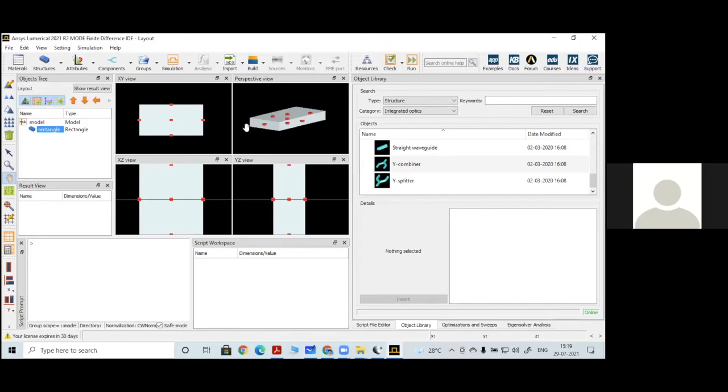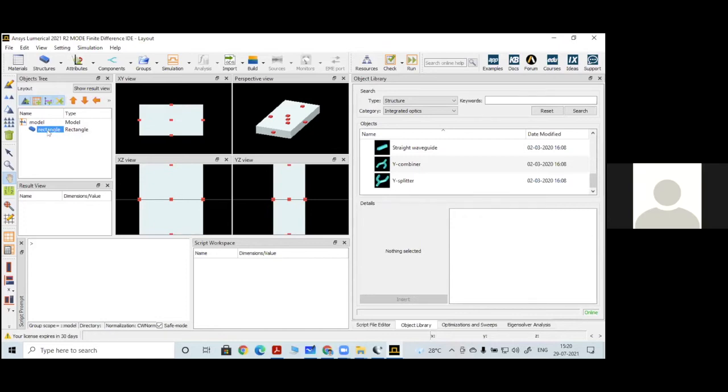Then the overall width of this particular layer I have selected as 10, and the depth, which is the length of the waveguide, is around 5. These are the dimensions I have taken. Now on this, I want one silicon waveguide at the center. As per the calculations, the thickness of the silicon is 220 nanometers along the Z direction. For the width, I have to take almost double the thickness for better optical confinement.